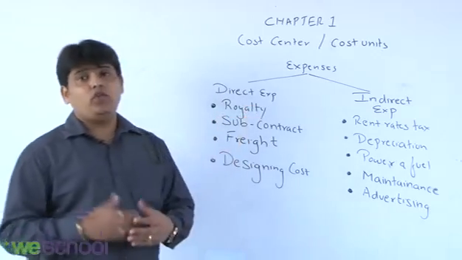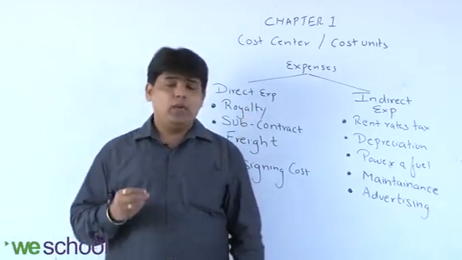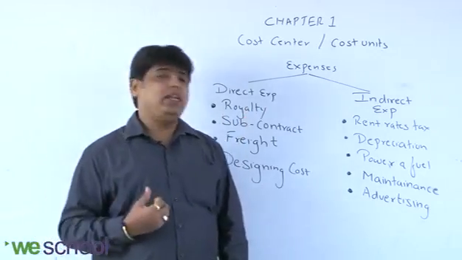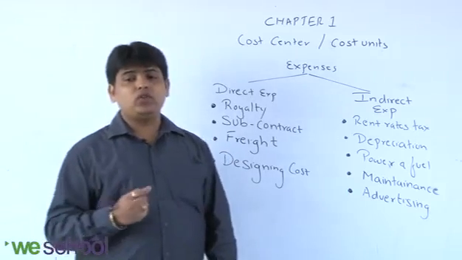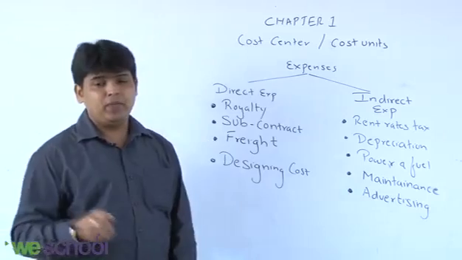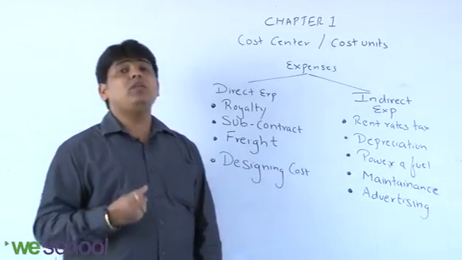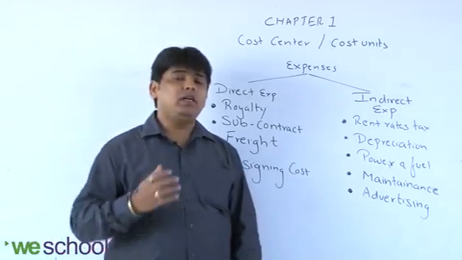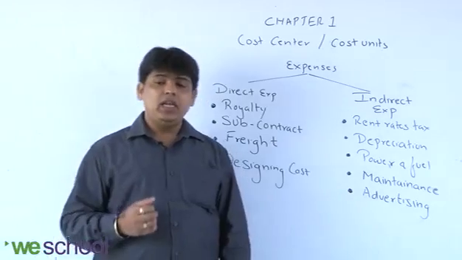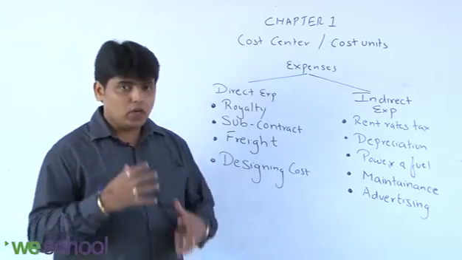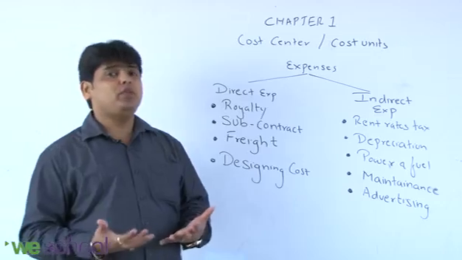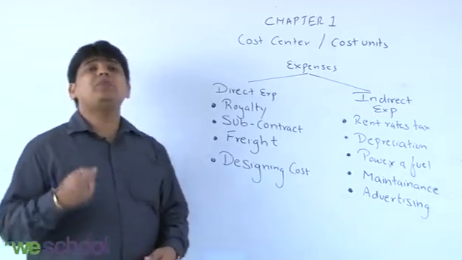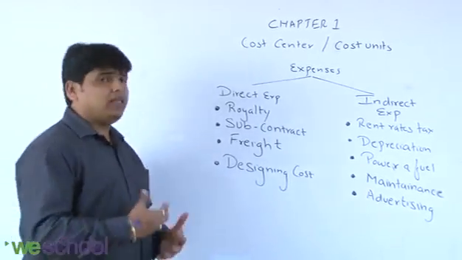And cost units. If you have to calculate the cost per unit of production of your product, you need to know what the units are. For example, in the automobile industry, the cost units will be the number of cars produced. In the cement industry, the cost units will be tons of cement produced. In the transport industry, the units will be ton-kilometers, and in the chemical industry, it will be liters or kilograms. If you don't know the particular units, then it is not possible for us to calculate the cost per unit of the goods manufactured by the company.